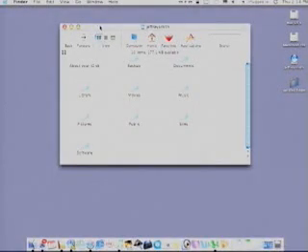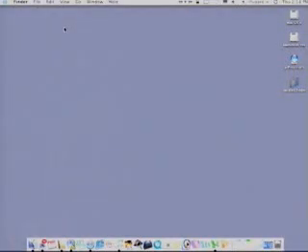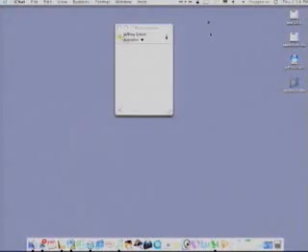Well, let me start off with Rendezvous. Rendezvous is a universal plug-and-play networking technology that Apple has that basically allows different applications to configure themselves automatically on the network. And one of the ways that technology is used is through something called iChat, which is their chatting